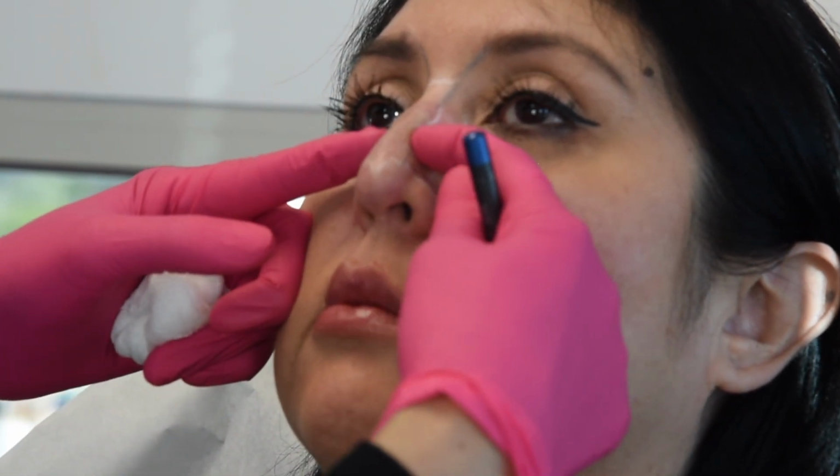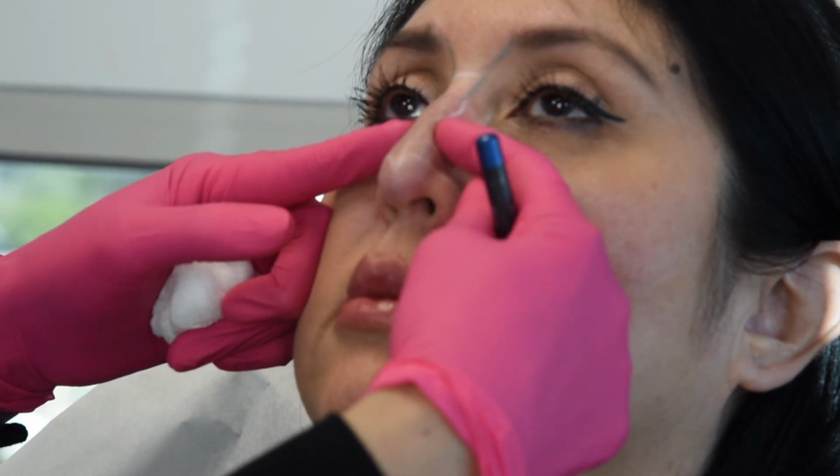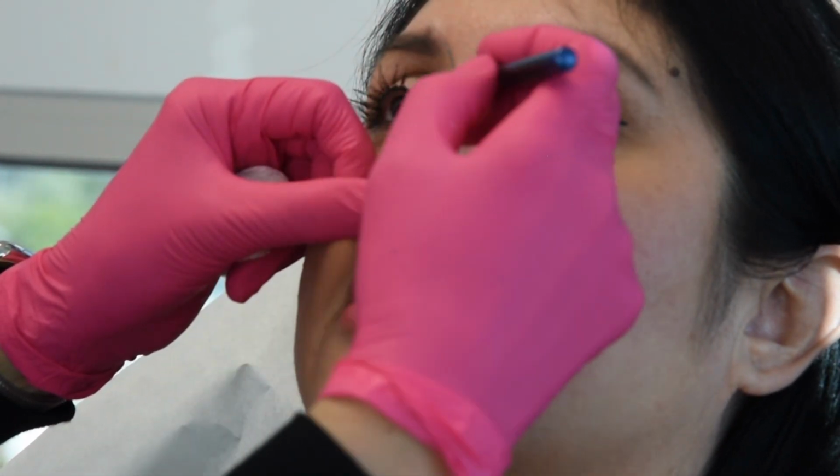In here where the nasal bones pinch, there's collapse of that lateral nasal vault. Right in here we're going to add some volume. This is a danger zone. And then here at the tip where the cartilage, let's see, there's also a middle